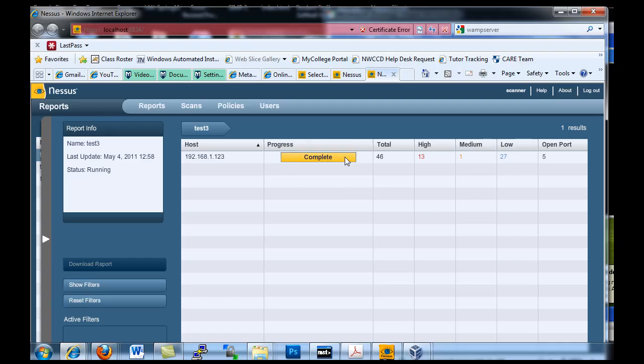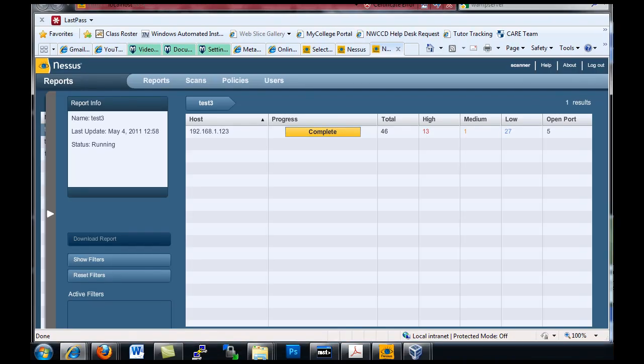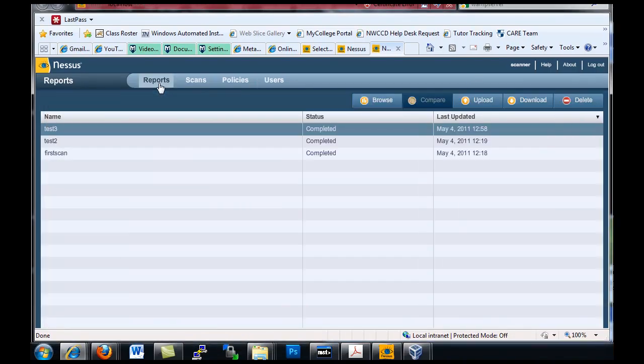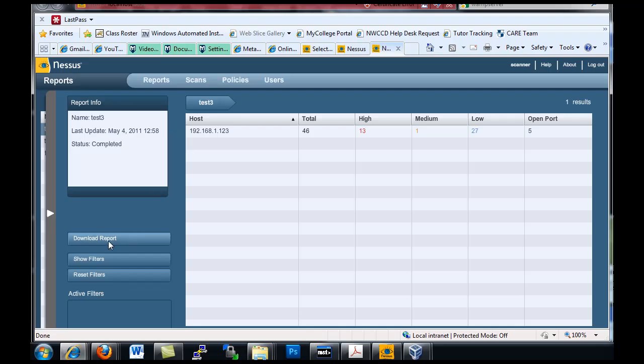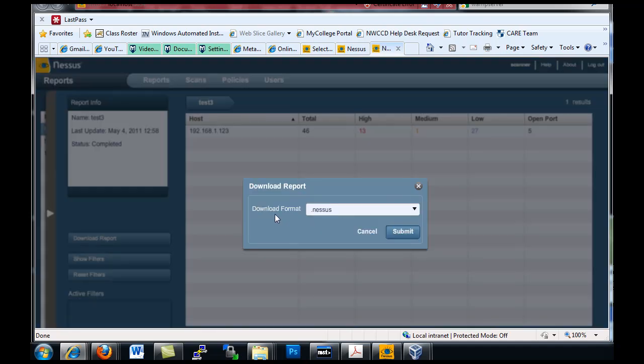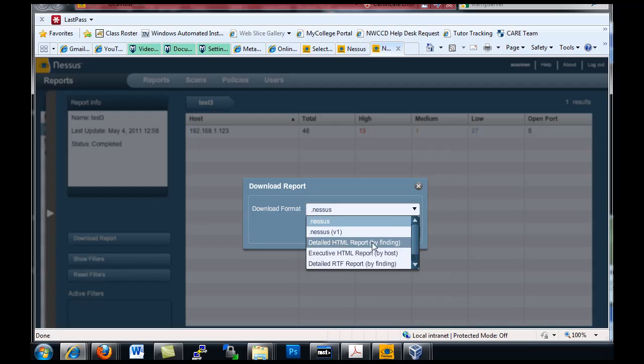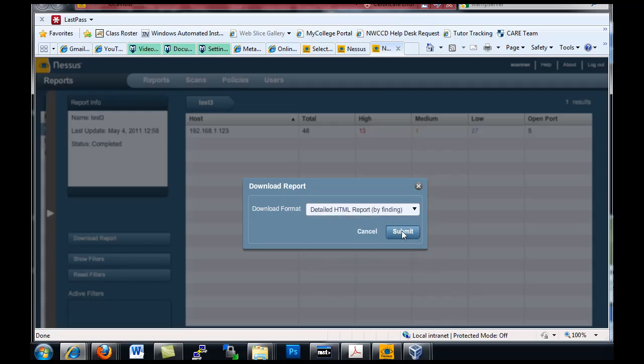So when this gets a little bit closer to finished, oh, there it goes, complete, perfect. Okay, so that's done. So now what I can do is, let me drag this up a little bit, I'll go to reports, right? Test 3 completed, and I can, let's see here, download report, and download format, I can download it as a .nessus file, a detailed HTML report, or I could download it as an RTF file or an HTML. So if you just hit detailed HTML report and hit submit,